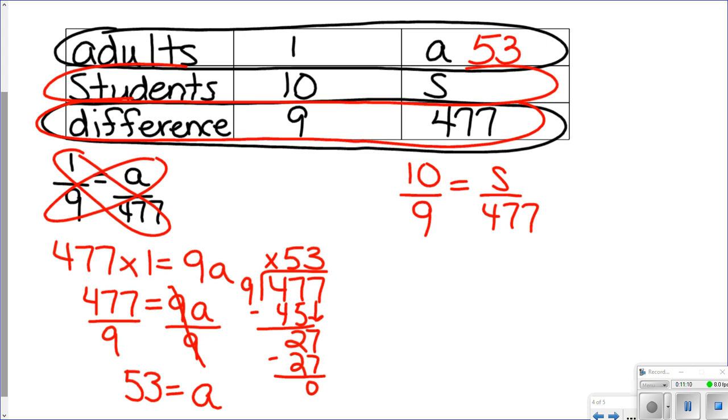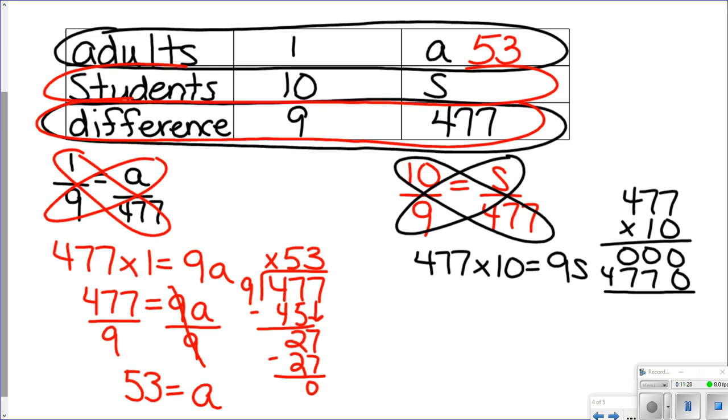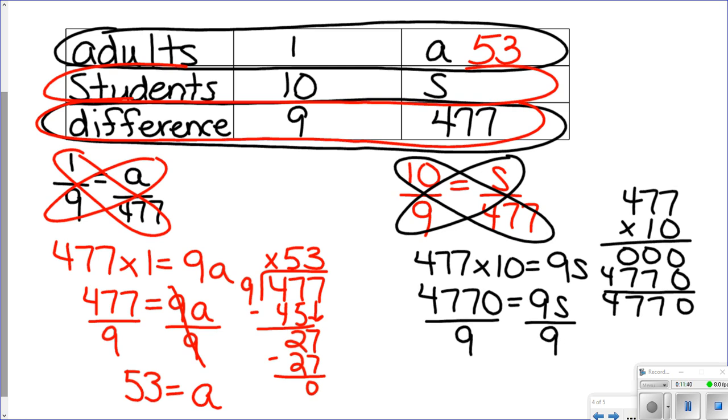Now I'm going to solve for the students. 477 times 10 equals 9S. 477 times 10 is 4,770 equals 9S. I'm going to divide both sides by 9. I'm left with S equals